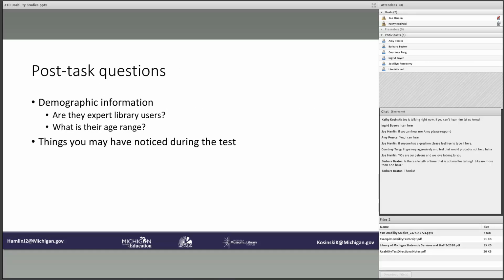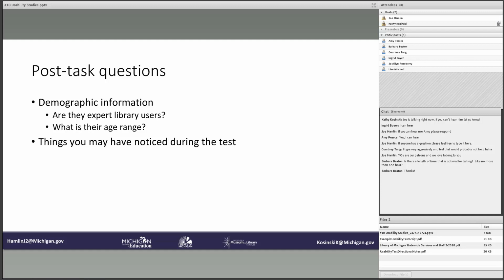Okay, so the post-task questions, and this is going to be the demographic information. And I put here, are they expert library users and what is their age range? You do not ask, are you an expert library user? Because even if they are, they're not going to admit it. No one wants to say, yes, I am an expert at the library. So maybe you might want to ask,